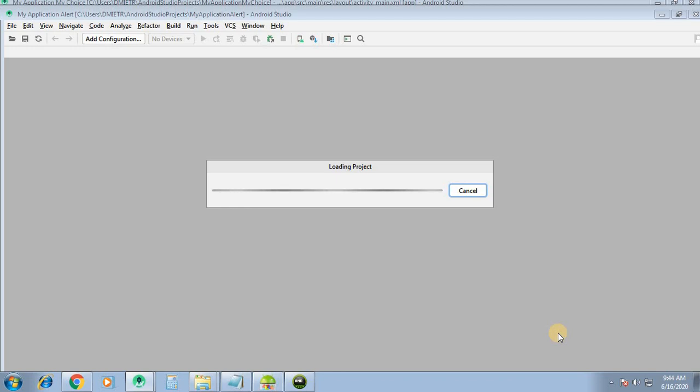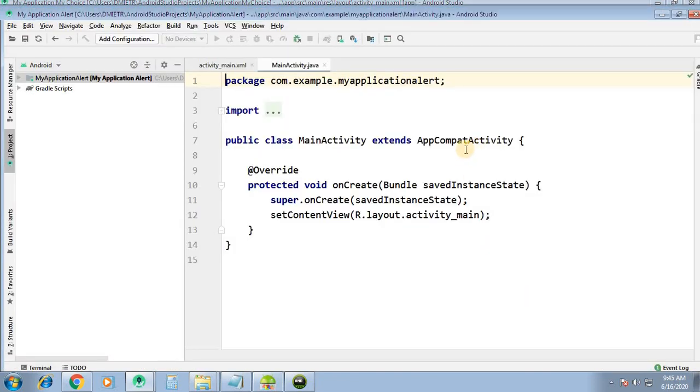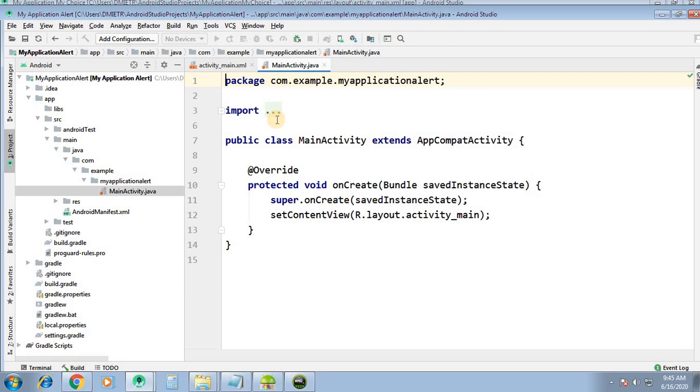So we have to keep three things in mind: the title of the alert, then the content area, and the action part. So we will create the object of the builder, AlertDialog.Builder, and using that object we can access the alert dialog.